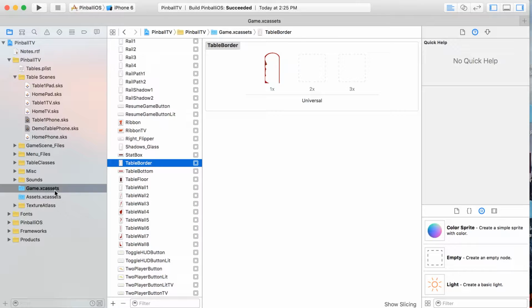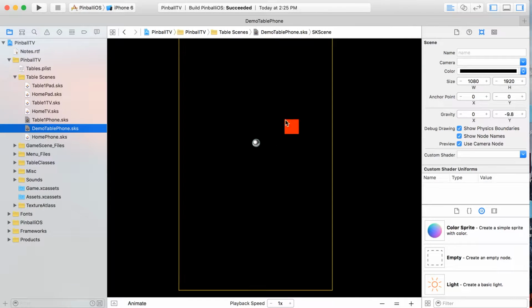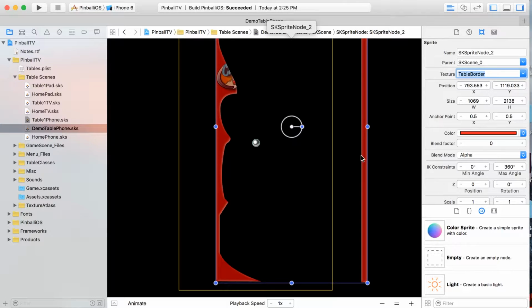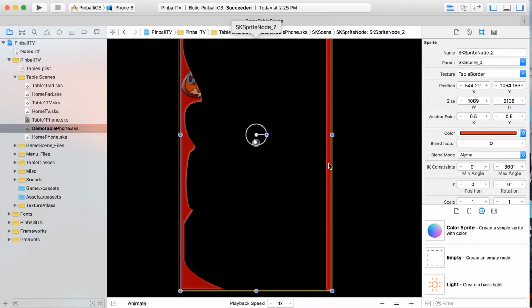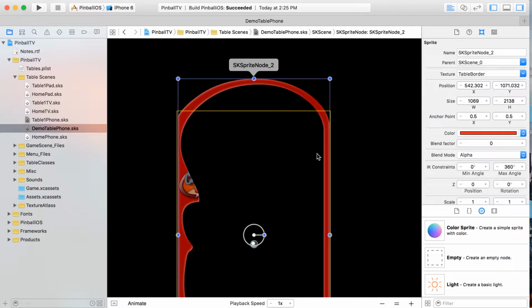Now, keep in mind, this game assets catalog is shared among both iOS and tvOS, so anything you put in here is going to be there for both devices potentially. All right, so now that I've got that sprite in there, what I'm going to do is just type in table, and you can see it's going to fill in table border for me. I've now got a texture on that color sprite that sure enough looks like a table border, and you can see it extends over top of the main scene, which is fine. Most of the tables that I've designed all extend further up, beyond the scene height,